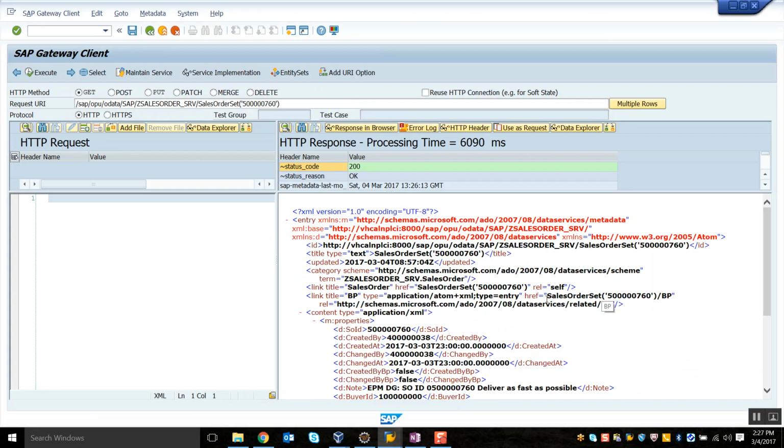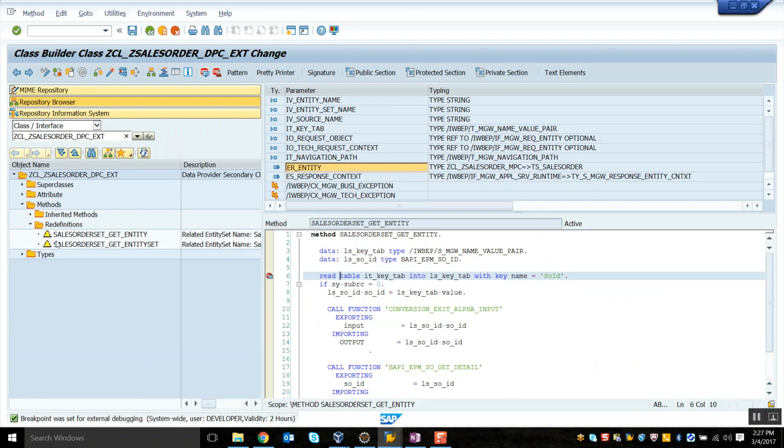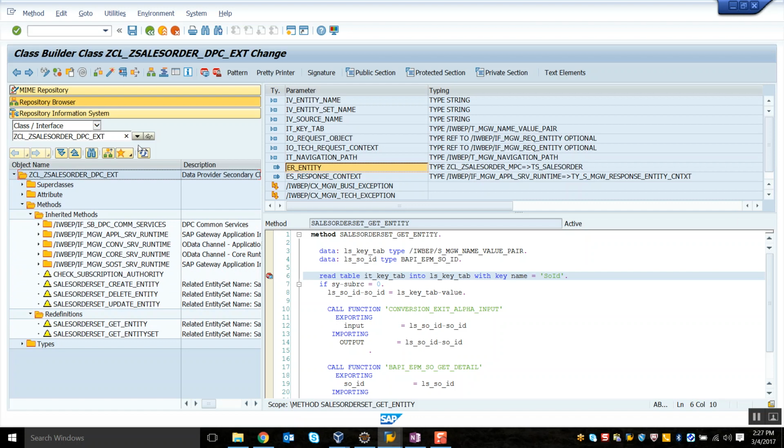And now you can see that from the sales order detail which we have obtained, we can also further navigate to this business partner association that we have created and read that association information. So if I try to read this now, it is going to tell me that the business partner get entity method is not implemented. So what we will do is go to our class, and in the inherited method,